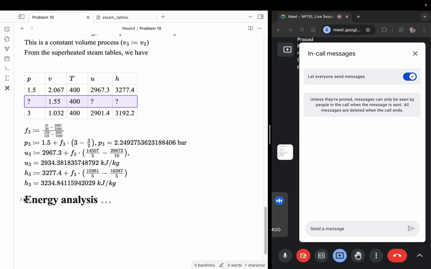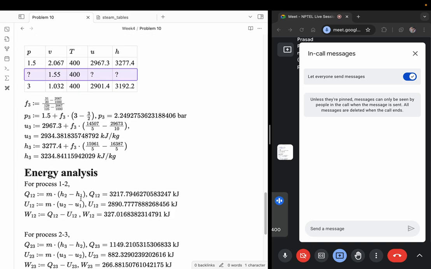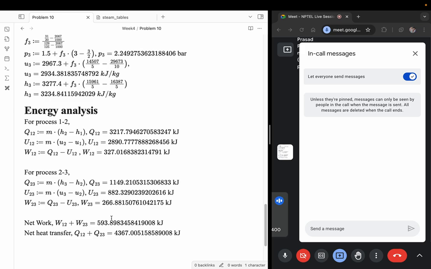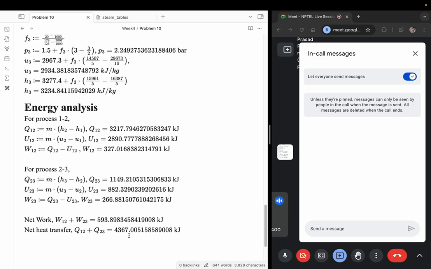You need to determine the total Q and work done. For each of these processes, you calculate Q and U. So Q is H2 minus H1, and U is U2 minus U1. From there you calculate the work done for the process. But you don't even have to do all of this. You can directly calculate the net change in internal energy